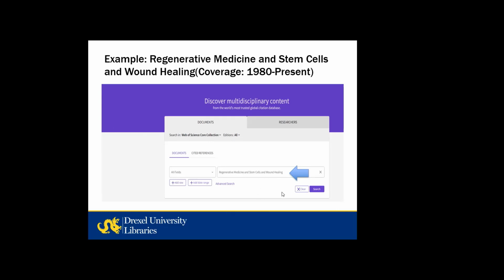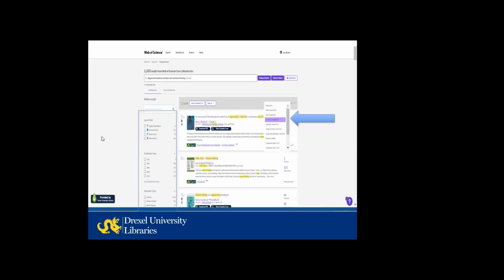When I did that search, I had 1,533 results. On the left, you will see all the quick filters,